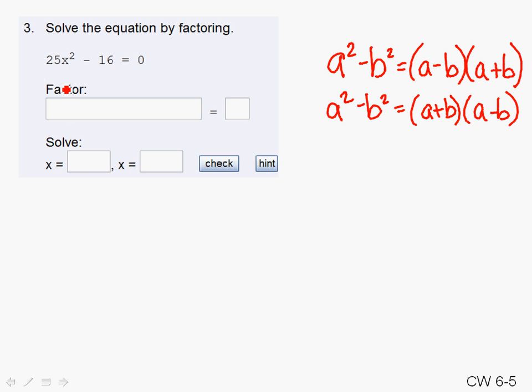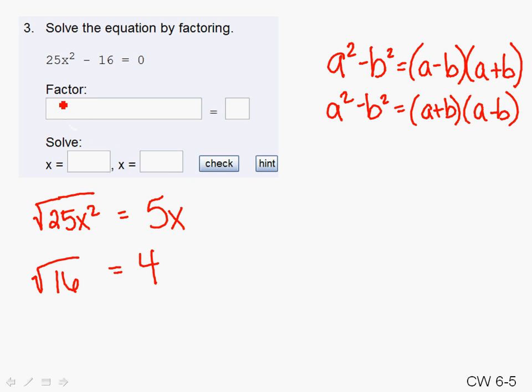Okay, so let's take a look. Our a squared is 25x squared. Okay, so one of the factors is going to have the square root of that. So the square root of 25x squared would equal 5x. The square root of 16 equals 4. So our factors are going to be 5x minus 4 and 5x plus 4 equals 0. If we set each of these factors equal to 0 and solve,